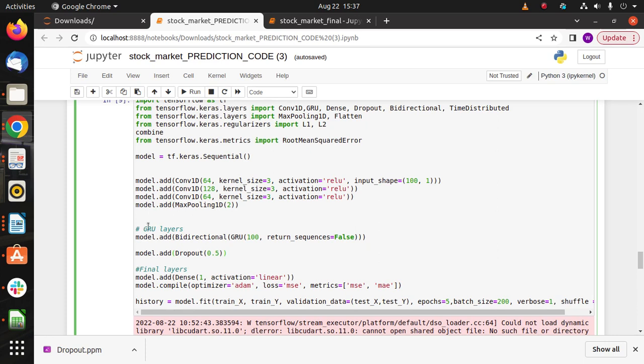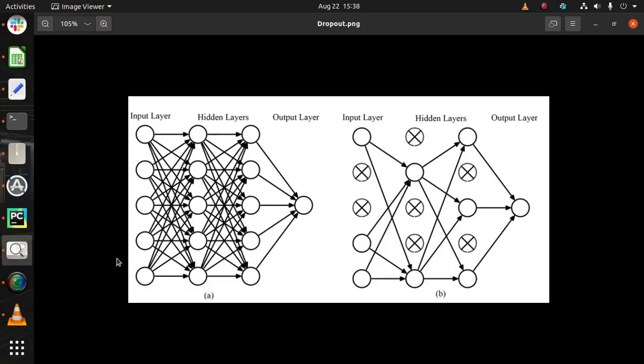We can see in a Jupyter notebook we add a dropout layer and the dropout ratio is between 0 to 1. We can see in this image, dropout ratio is the percentage of the total number of neurons we want to randomly deactivate. That reduces the weight and bias parameters. It eliminates the overfitting problem. If we add more hidden layers in the neural network, then we can also increase the dropout ratio. To know the exact value of dropout ratio, we will